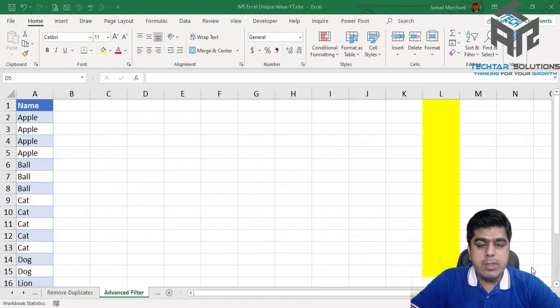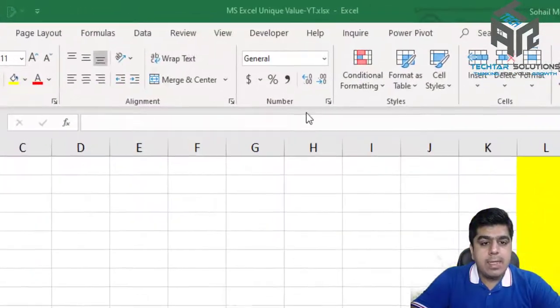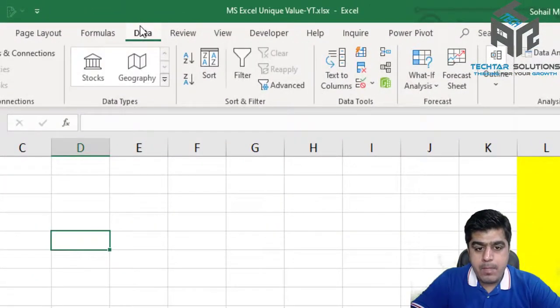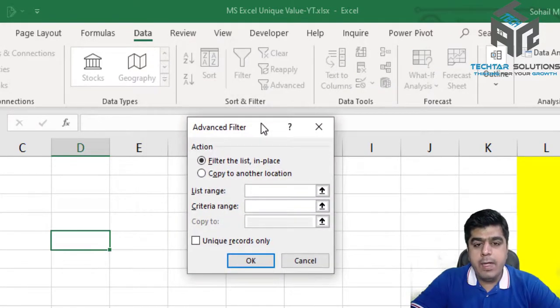Now we are going to use the advanced filter technique to extract unique values from the list of duplicate values appearing in column A. So let's click on the data tab, and here you find the sort and filter group. Click on advanced. The advanced filter dialog box appears on our screen.